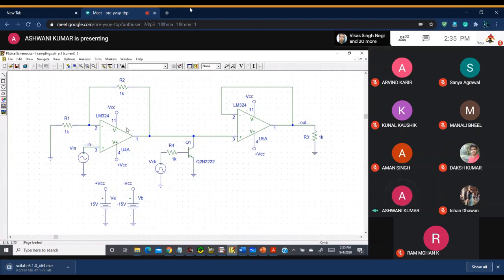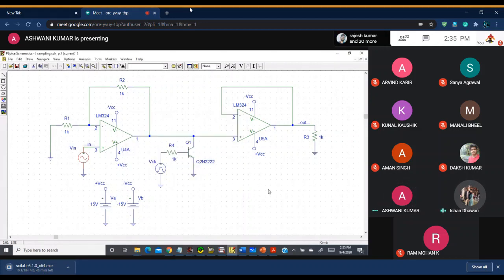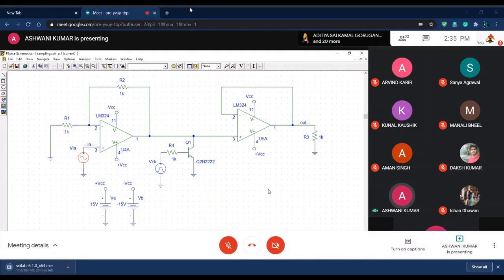Sir, what is the point of writing LM324? LM324 is the name of a chip, right? Yeah, exactly. Actually you have different types of operational amplifier ICs. The most popular operational amplifier IC is the 741.